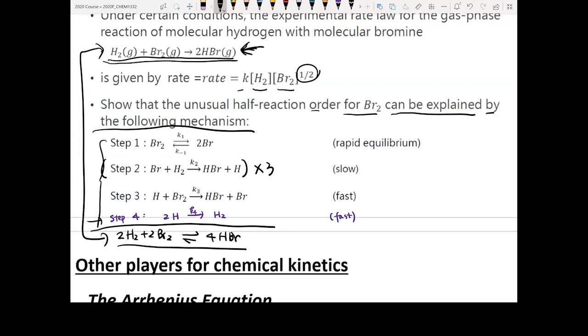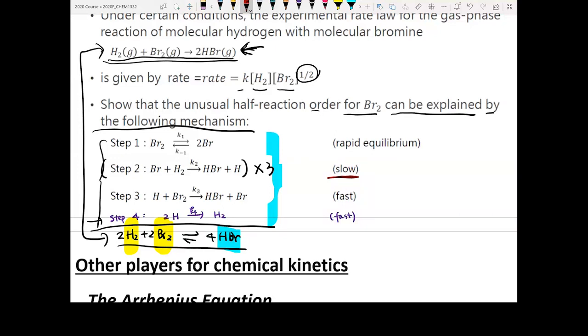And the second thing is you need to write down the reactants, right? So the reactants are simply your H2 and Br2. The product will be just your HBr. Anything that doesn't belong to your reactants or products is an intermediate. So once you have done this, then we come to the third step, right? The third step is to find out the